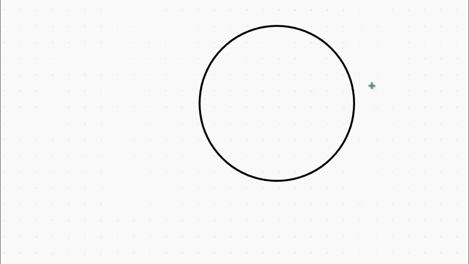Suppose this is a circle and this is a tangent line to the circle at this point. This tangent is touching the circle at point B, and this red line is called a chord. This chord is a line segment which touches the border of the circle at 2 points, and this chord is touching the tangent at point B.